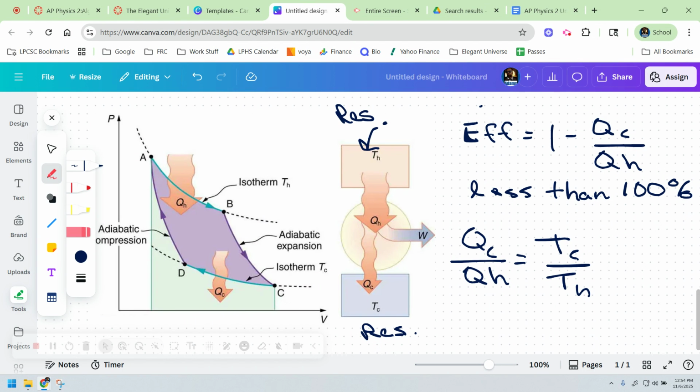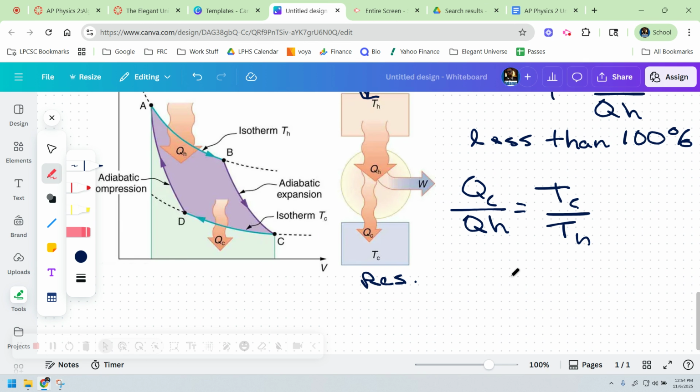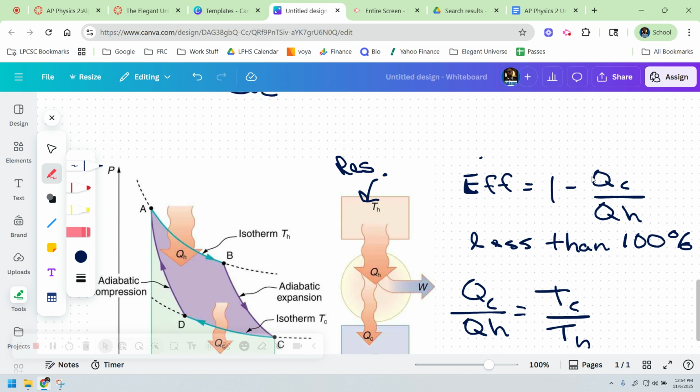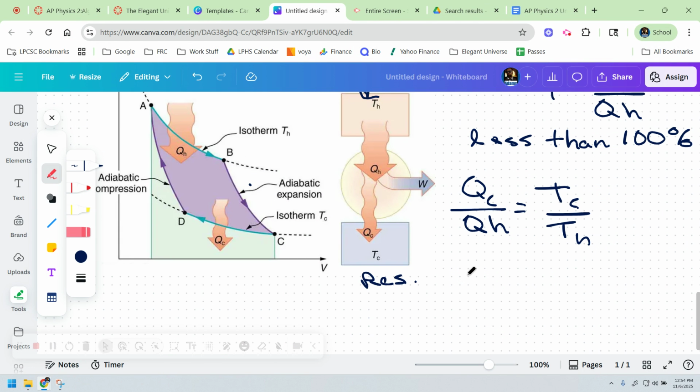So if you think about that, remember that this is a ratio that will be reduced down to a decimal. So Carnot's approach was